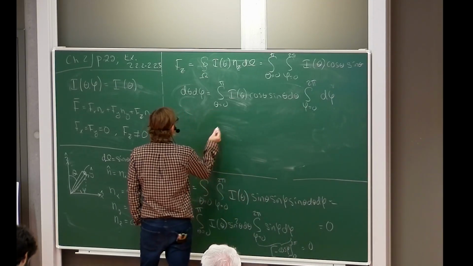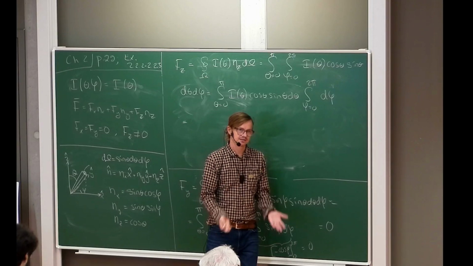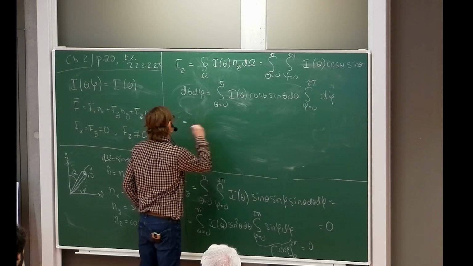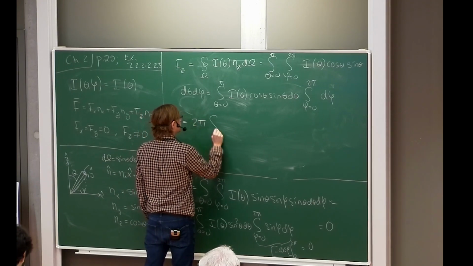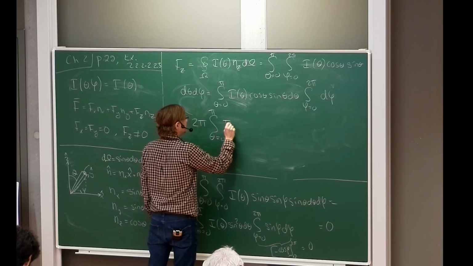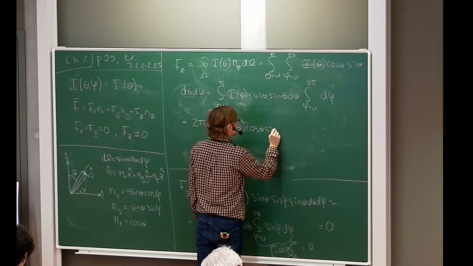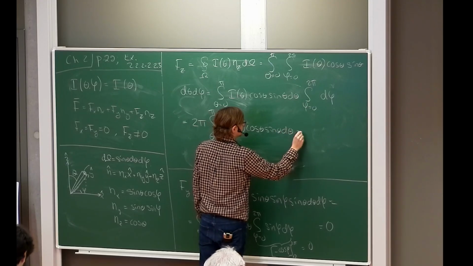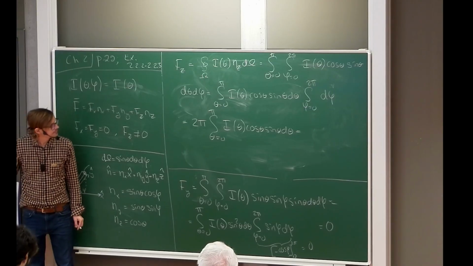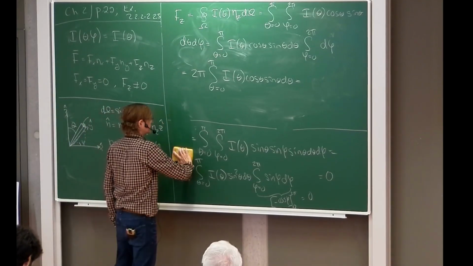And as you can see, and this was the whole thing, right? Now suddenly in the z direction, this is not 0 anymore. So this becomes 2 pi, integral theta from 0 to pi, I of theta cosine theta sine theta d theta. Okay? Here I will already add a point